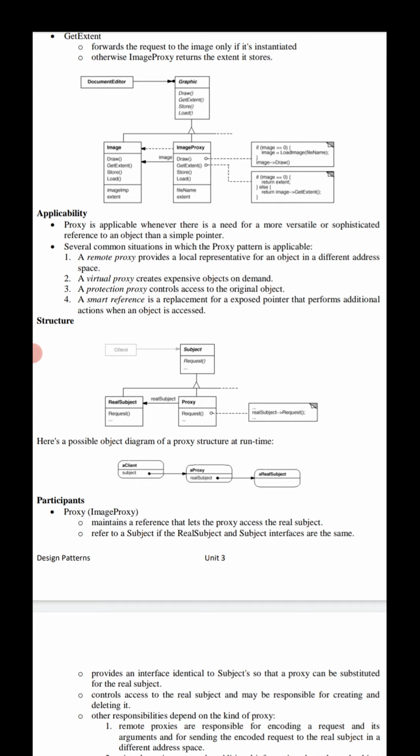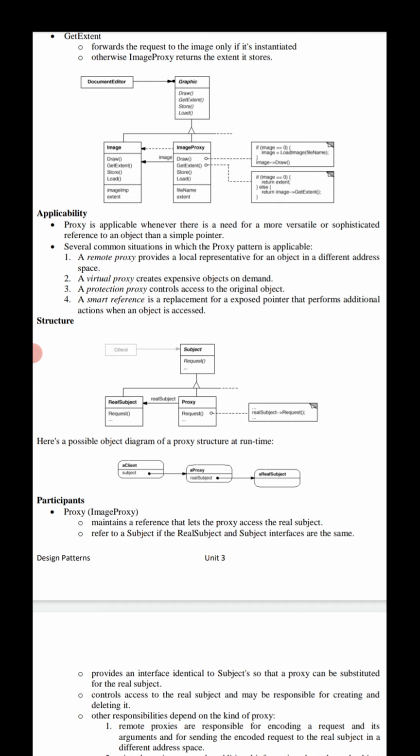The fourth one is the smart reference, a replacement for a bare pointer that performs additional actions when an object is accessed.